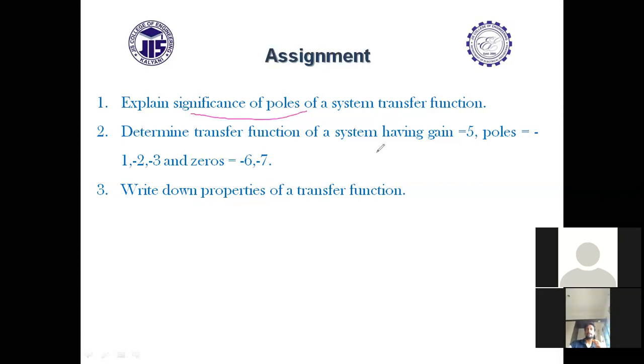Okay. Next, in this slide we discussed how to get pole zero gain values from a transfer function. Similarly, if pole zero gain values are given, how to obtain the transfer function? It's just the reverse process. These values are given, you need to get the transfer function. And the last one is to write down the properties of a transfer function. So these questions you may solve once you go through the entire